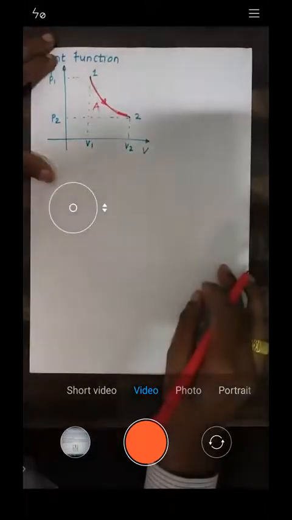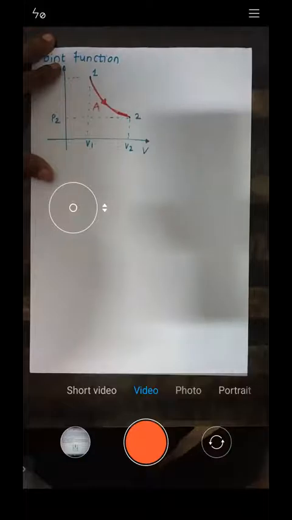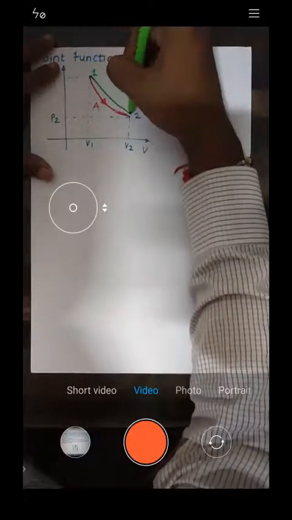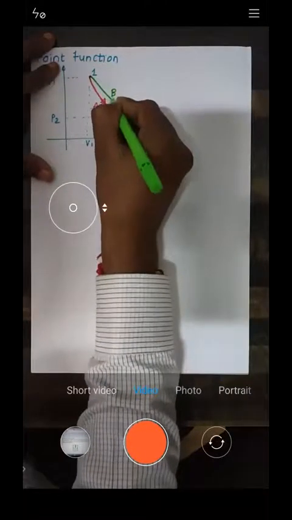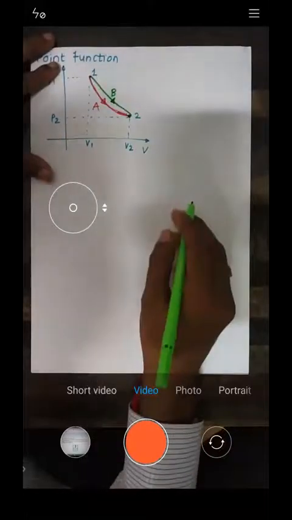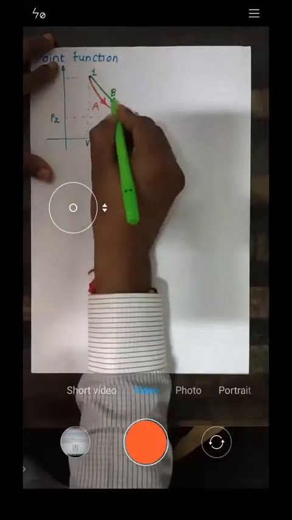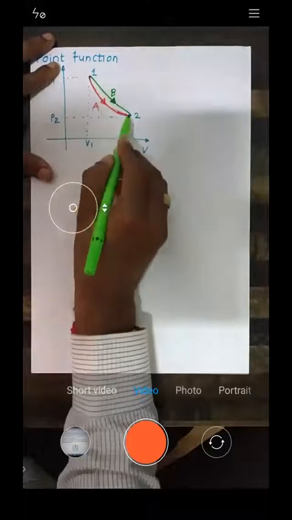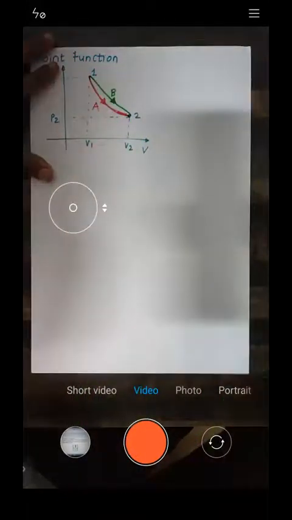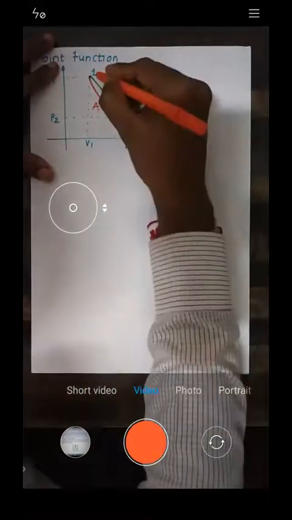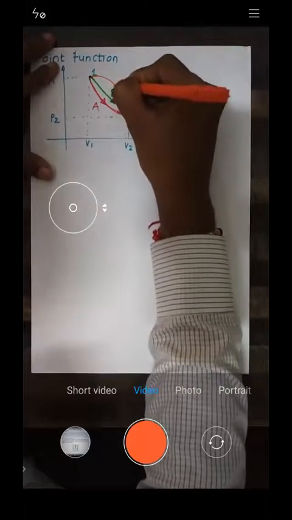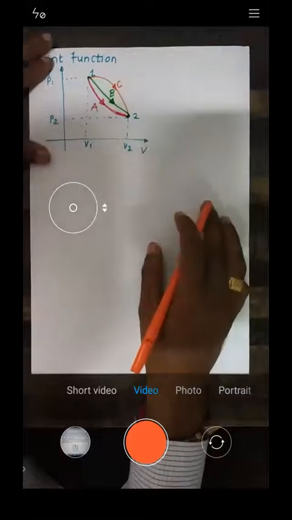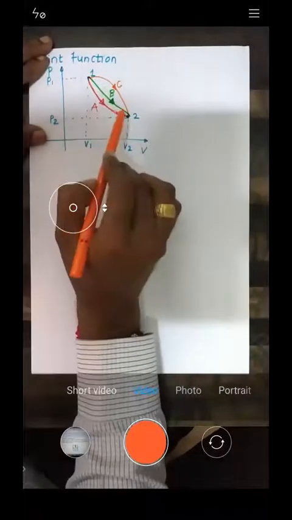Now, similarly, can I move it like this? I'll move it like this now, and let this be B. This is another method. First I move like 1A2, then I move like 1B2. And I will take one more. Let's say I move like this, and let this be C.